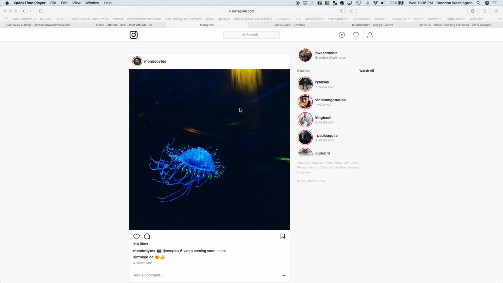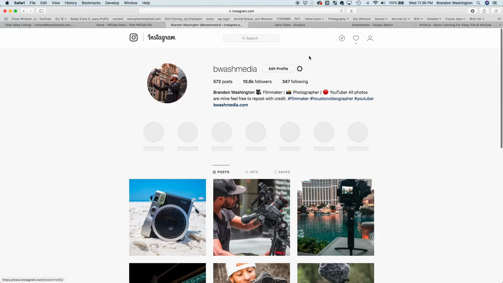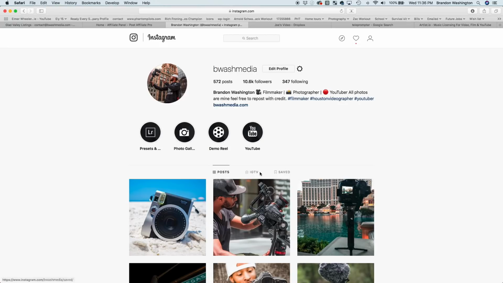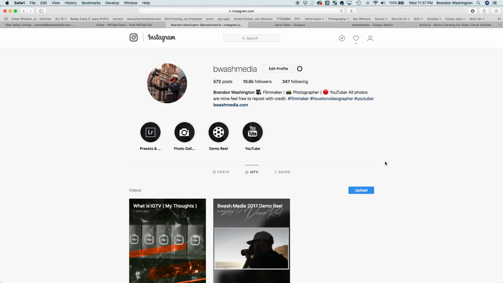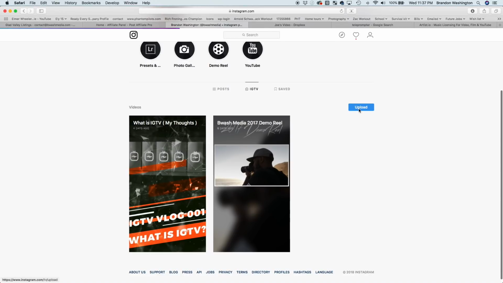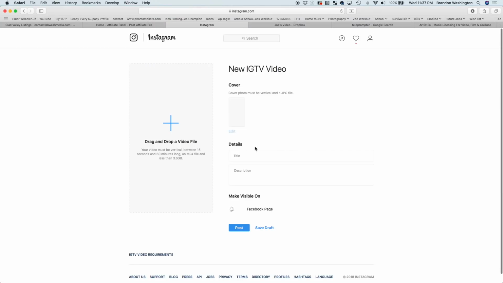And it's super easy. You just go to Instagram.com, go into your profile page, and right in the middle, there's a little tab that says IGTV. Click the upload button, and boom, you are now uploading your video directly to IGTV in all its high quality goodness. In my opinion, this is going to be a game-changing way,